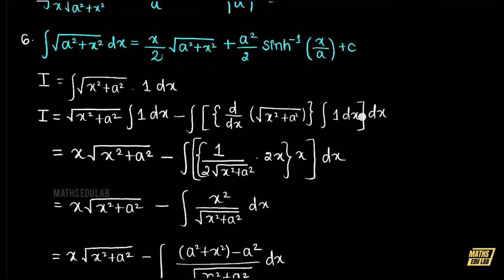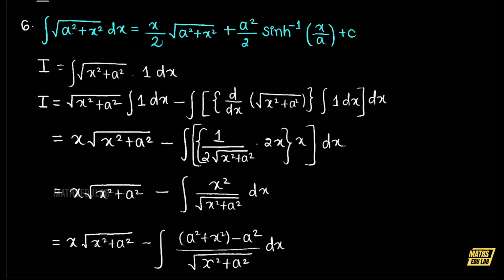And the last one is given integration root over a square plus x square dx is equals to x upon 2 root over a square plus x square plus a square by 2 sinh inverse x by a plus c. So similarly, we have to take from the left hand side value, but in this case we have to consider one more value function, that is 1. So on considering that, we can use the method called integration by parts